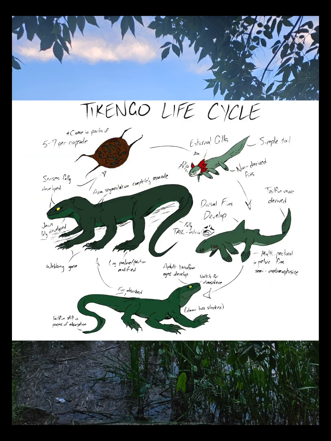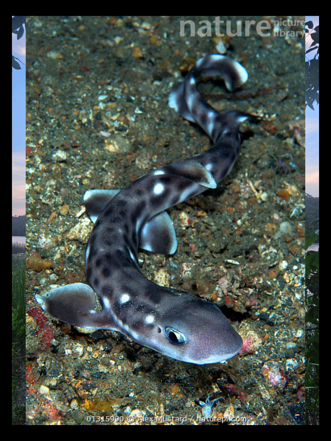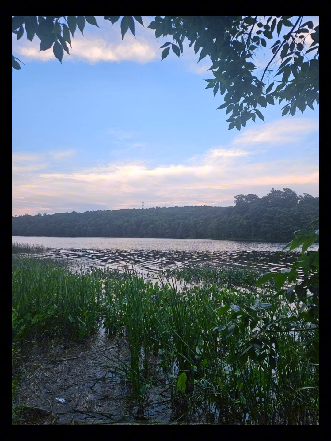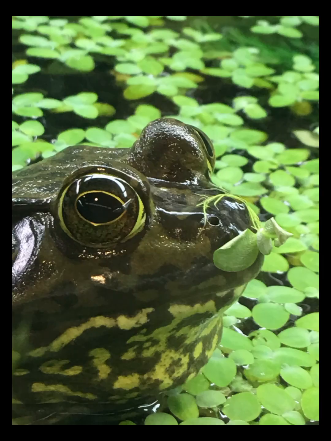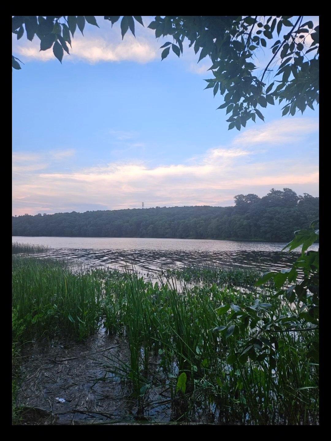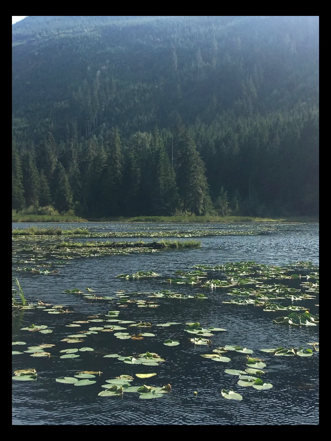As for the life cycle, they are a mix. My plan was a mix between ray-finned fish and cat sharks, chondrichthyes, and amphibians like Urodella or frogs. So they have a mix between all of those. It starts off with an egg, and it depends on the species, but each egg will have multiple embryos in there that develop, or less,